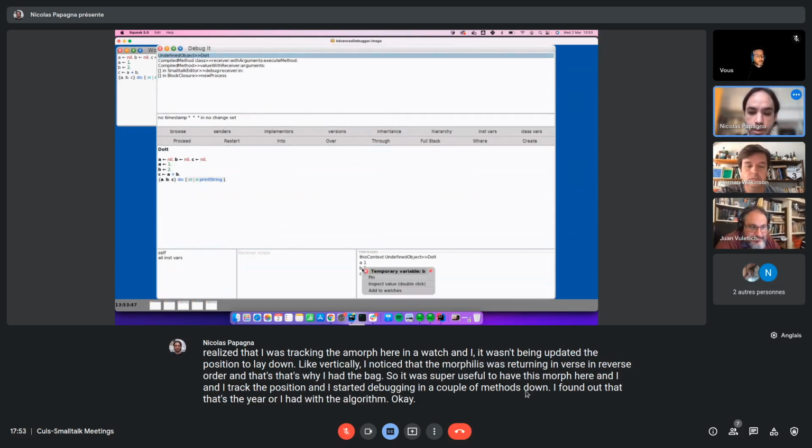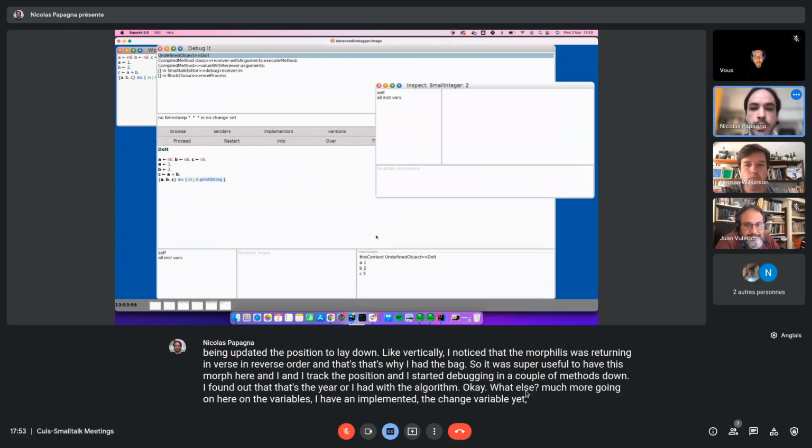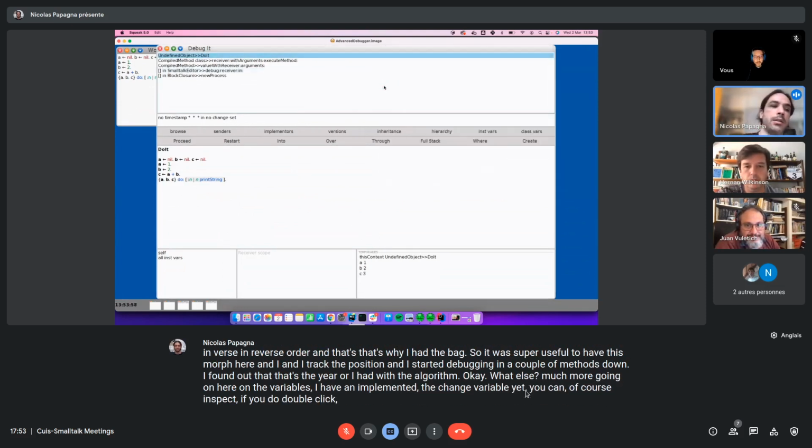Okay, what else? Not much more going on here in the variables. I haven't implemented the change variable yet. You can, of course, inspect if you double click. And what I can show you now, real quick,